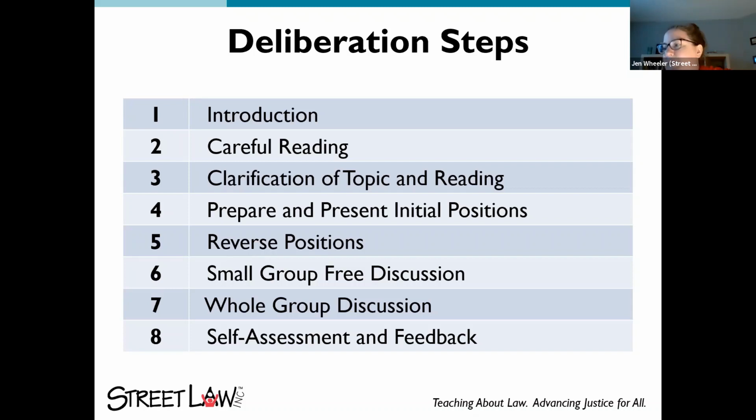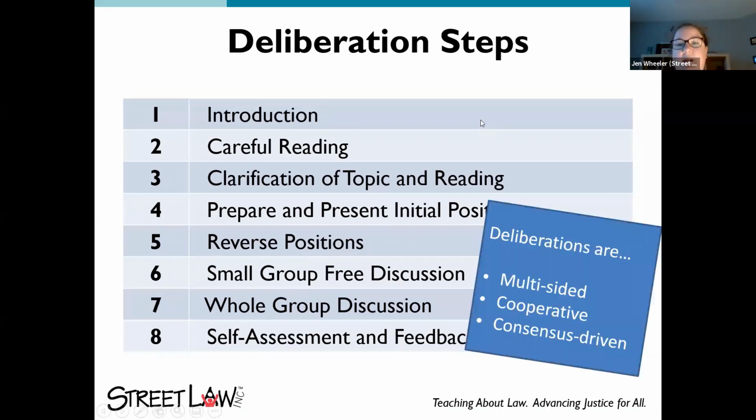So generally, as we're thinking about transitioning deliberation materials to at-home learning, it's a good idea to maintain whenever possible the big goals of deliberative discussion, which are that it's multi-sided, that it's cooperative, and that it's consensus-driven. So even if you can't follow these 8 steps exactly as they're written, keep these things in mind as you adapt the materials, as you have students have conversations about these topics.